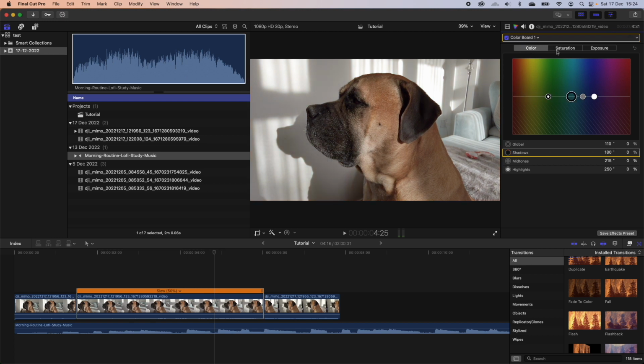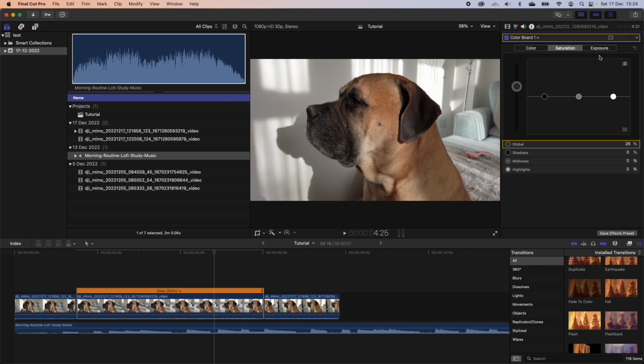We're going to leave the color and saturation. We're going to focus on exposure, as this is a kind of beginner's tutorial, and the exposure will get you pretty much what you need. But in saturation, you can use the global adjuster to make your image more saturated or black and white essentially. So if we just pump that up a little bit there and then go to the exposure here, what I'll do is not use the global, but use the shadows, midtones and highlights. So for example, the shadows, we may drop the shadows a little bit or actually increase them. Obviously you need to adjust it according to your clip, but if we drop ours a little bit and up